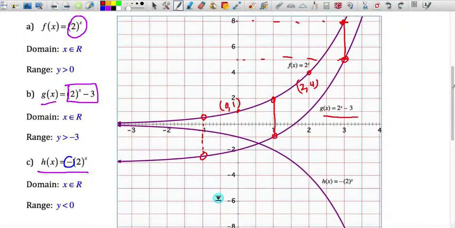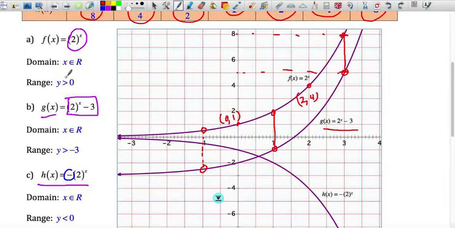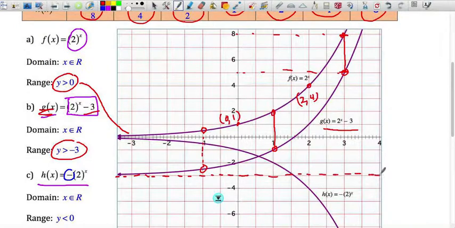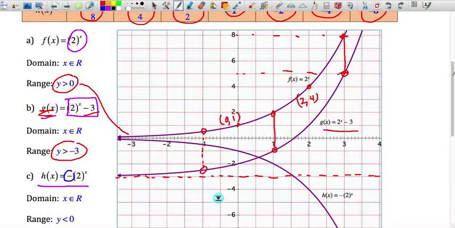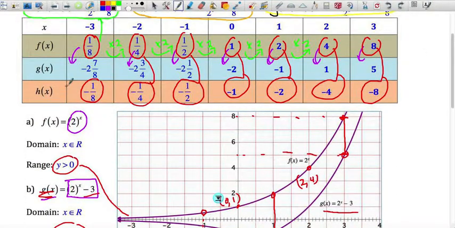And hopefully what you realized as well was that if we had the range for the f of x function, which gets closer and closer and closer to the x-axis, y greater than 0, then your range for the g of x function, which was 3 less, should have been y greater than minus 3. And so as you can see here, the graph gets infinitely close to the y value of minus 3, but never reaches that. And then our final example was the function of h of x, which was minus 2 to